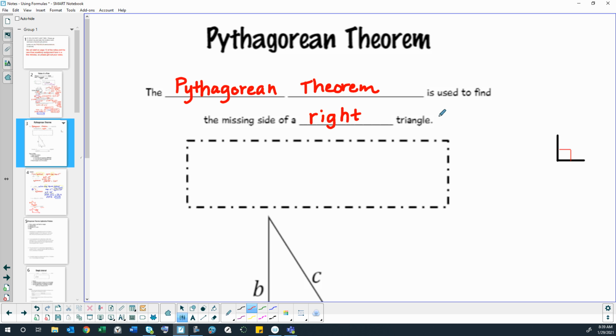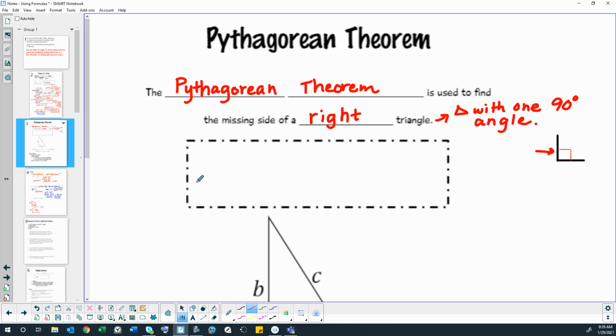Now, just in case you've forgotten what a right triangle is, it's a triangle with one 90-degree angle. So a 90-degree angle is marked usually like this with a box in it, and that would be one corner